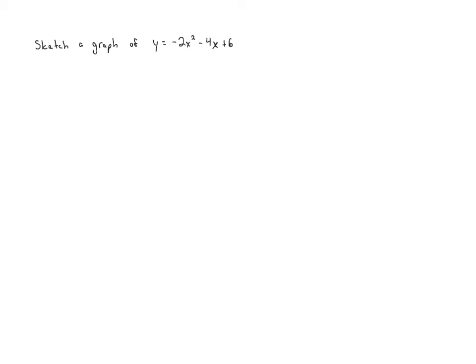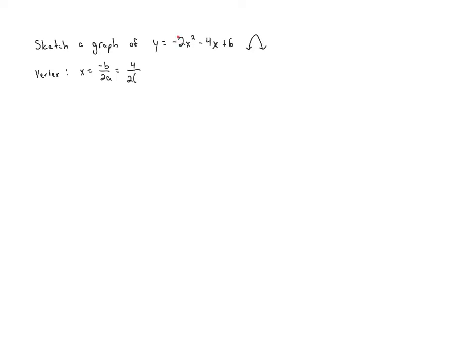because we have a negative leading coefficient. So we're going to have a parabola that opens downwards. All right, we're going to start with the vertex, since that's the new thing. Remember that the formula for the x-coordinate of the vertex is the opposite of b over 2a. In this case, b is negative 4, so the opposite of negative 4 gives us positive 4 over 2 times